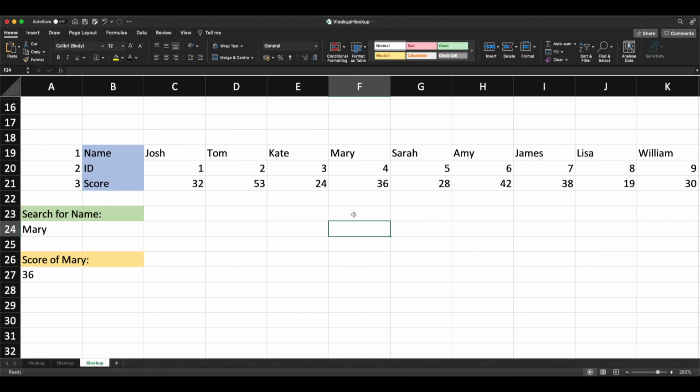Great, this was a short example how to use XLOOKUP, similar to